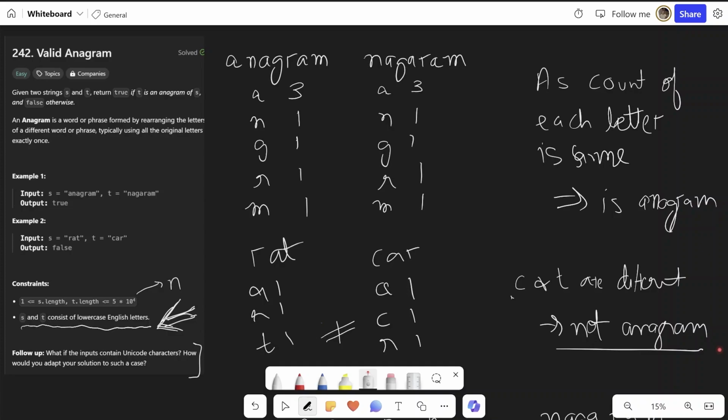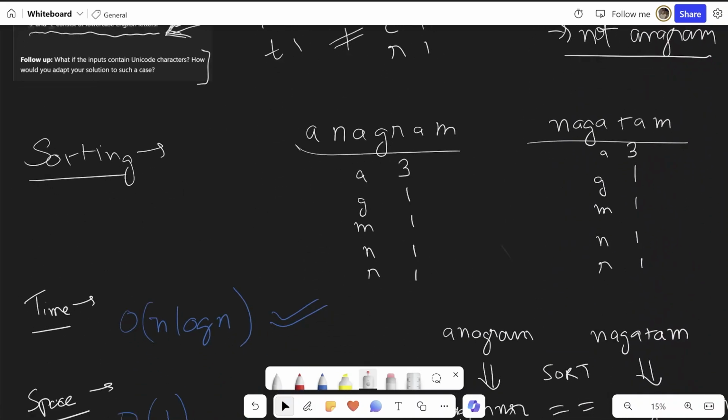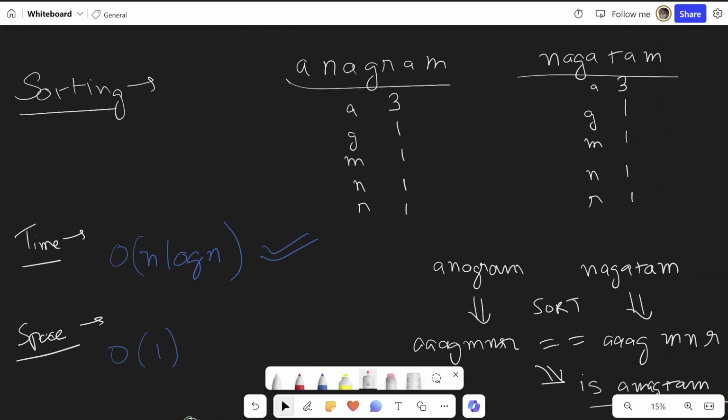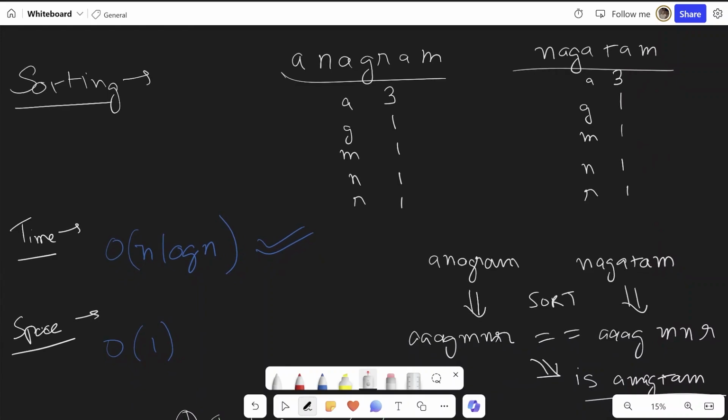Okay, now how can we solve this problem? What could be the most straightforward solution? Well, what if we sort the strings and just compare to see if the resultant strings are the same or not? Will that tell us if both of them are anagrams or not? Yes, it will.